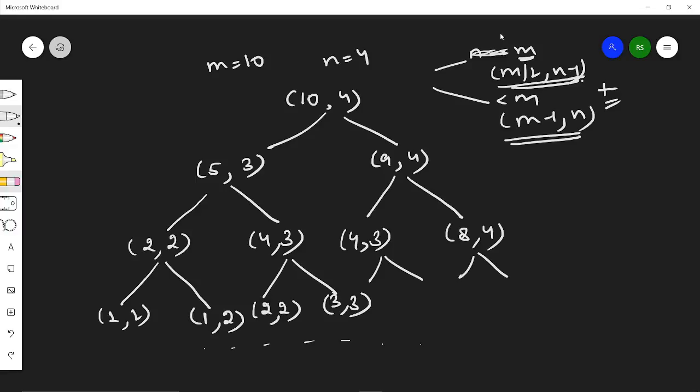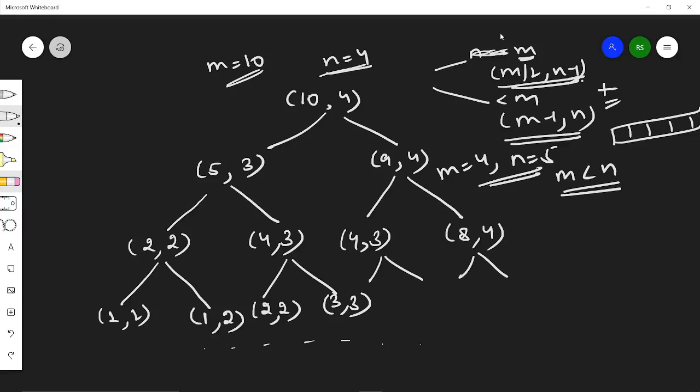Now let us see the base case. What is the base case for this problem? See, it is clearly given that we have to make an array of length n which can have at most m value. So what if my m is lesser than n? Suppose my m is 4 and my n is 5. That is, I have to make an array of length 5 where the maximum value could be 4. Can I make it? No, because it could be 1, 2, 4, 8, which would exceed it. There is nothing possible. So in that case, I can simply return 0.